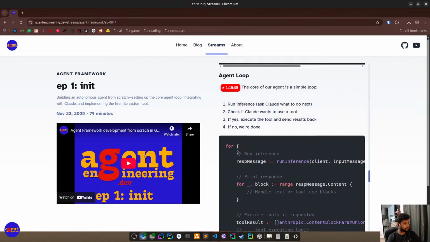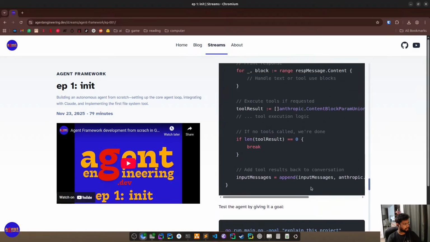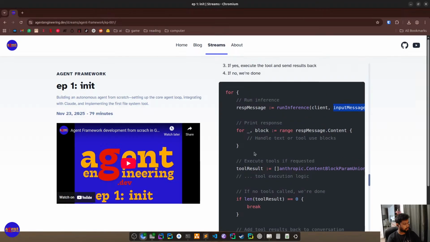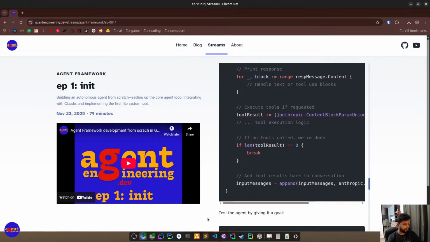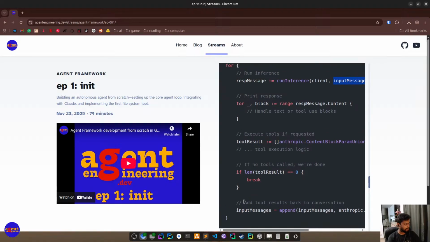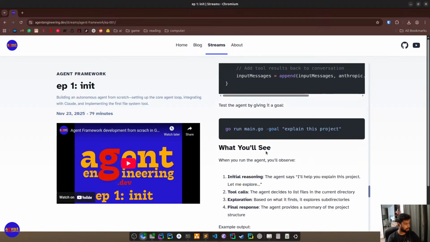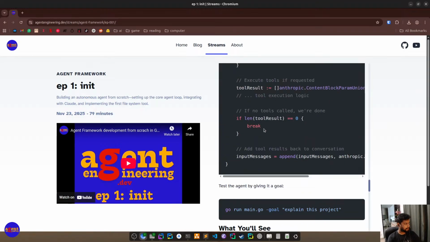agent loop. The agent loop is something like we do the inference, we maintain a conversation history, and we make the tool call. I think this code is not written correctly. We go to the code that is fully written in our repo. I'll fix this in the blog. And with this setup, what we're able to do is to go around and give it a goal. So this is the overall thing that we built.